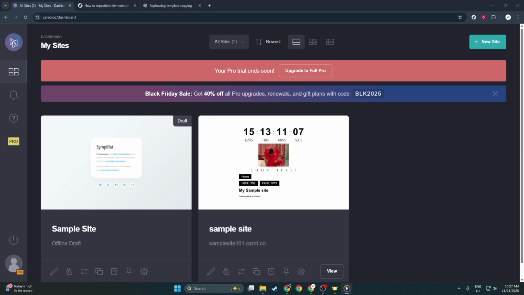In today's video, I'm going to teach you how to reposition elements on a card page. If you've ever wanted to tidy up a layout, move a button higher on the page, or line up text and images more cleanly, this quick walkthrough will show you exactly how to do it inside Card without getting lost